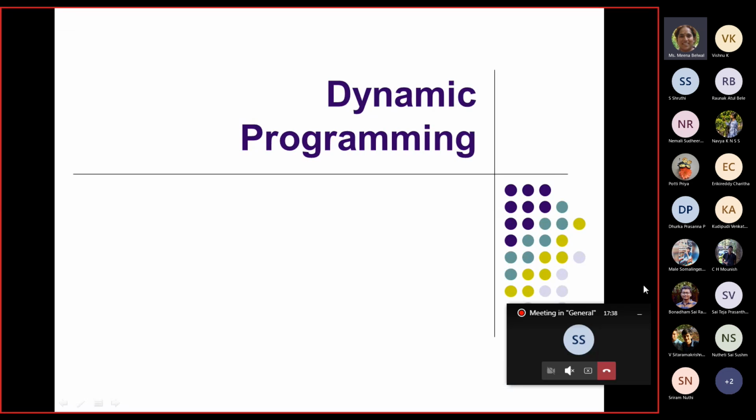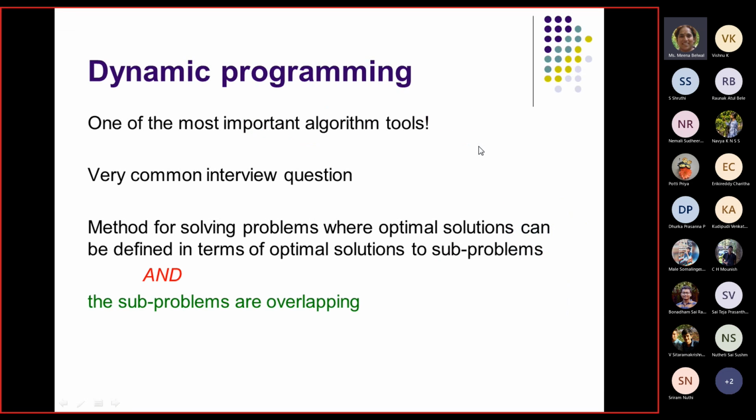So we start with dynamic programming now. What exactly is dynamic programming, if that is what is asked to you? Dynamic programming is one of the most important algorithmic tools. You can say it's a style, an algorithm design technique. An algorithm design technique means a problem is given to me and I want to solve it stepwise. So it's one of the techniques.